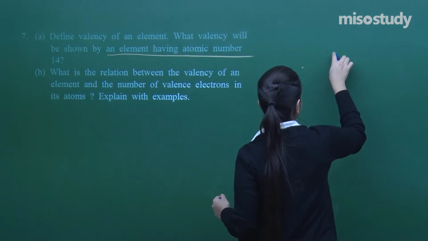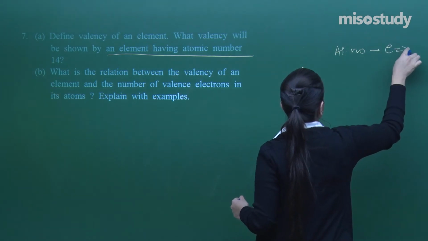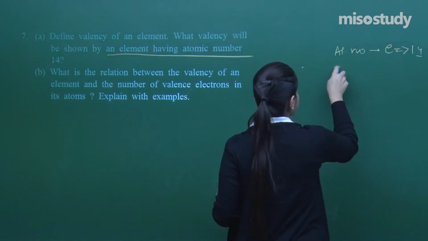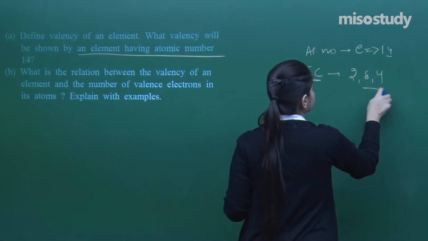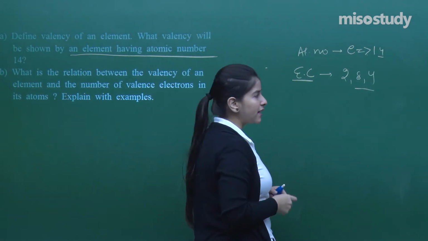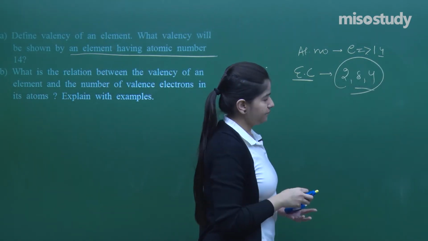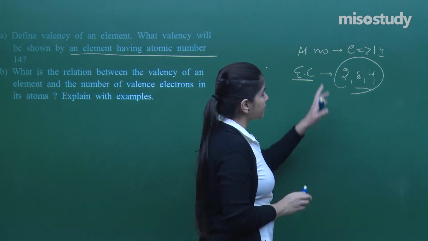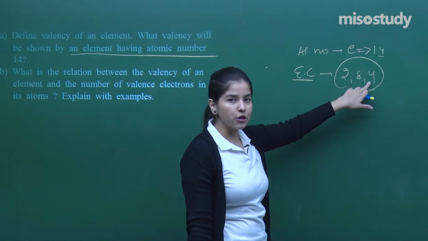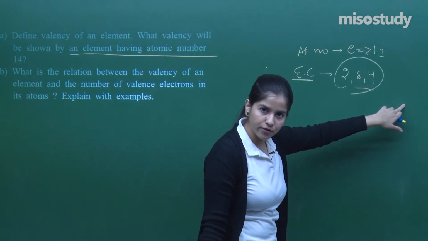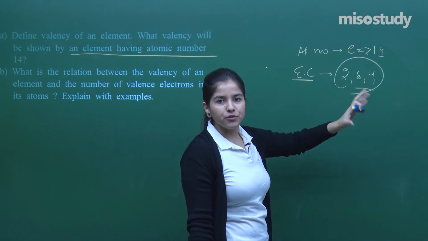So atomic number means the number of electrons is going to be 14. Can I write the electronic configuration to find out the valency? Yes, 2, 8, 4. So what is going to be the valency? You know what this compound is? Can you tell me? Try to think about it. Okay. So 4. What it can do is either it can lose 4 electrons or it can gain 4 electrons, just in order to combine.